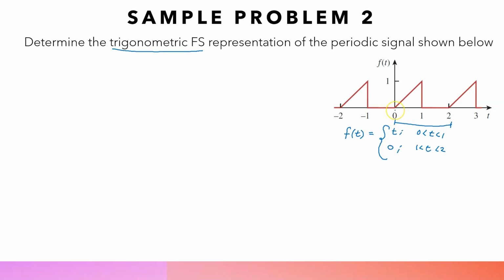The next thing is to determine 2 parameters, which are the period and also the radial frequency. So the period is 2 seconds. Now, the radial frequency is given by the formula 2 pi over T. In this case, 2 pi over 2, so we have pi radians per second. Now that we have the mathematical definition of the signal and also these 2 parameters, we can proceed